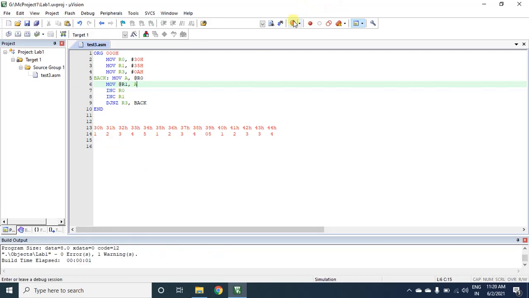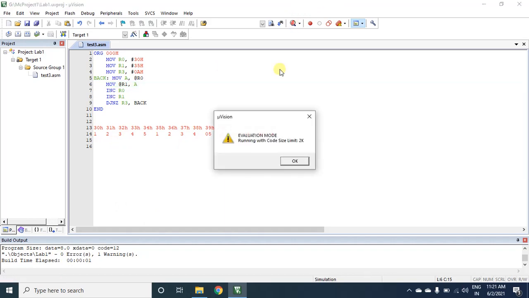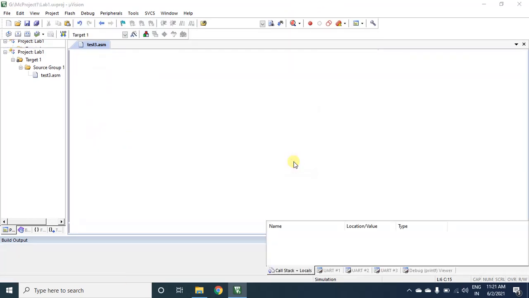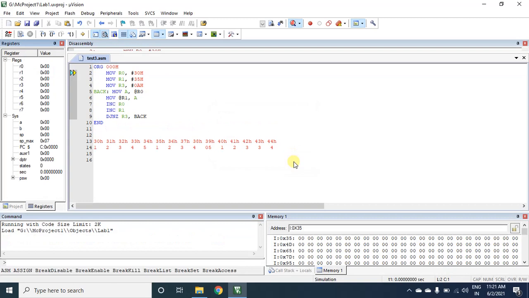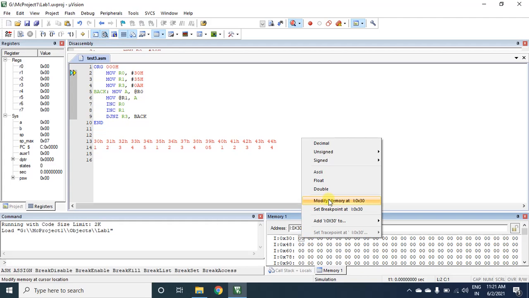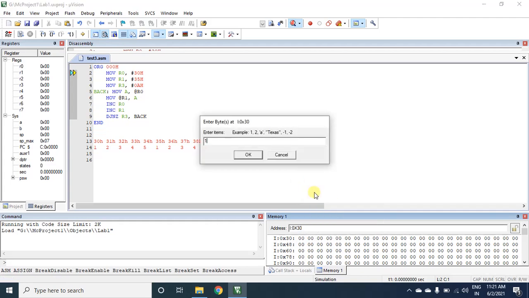No errors found. Then I'll delete this program. Now you can see, first I will go to the 30H address location. Here I have to store the data first. So I'll modify this to 1, 2, 3, 4, 5, 6, 7, 8, 9 and 0AH.